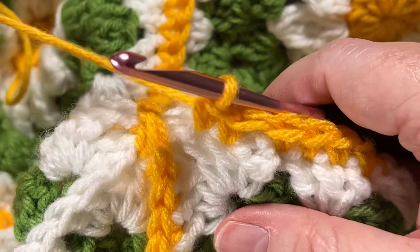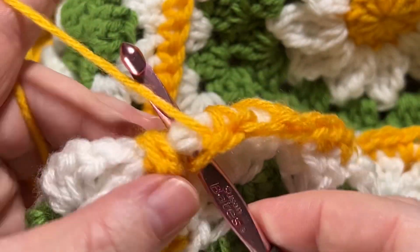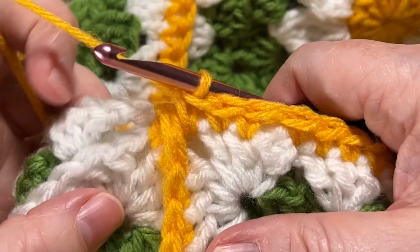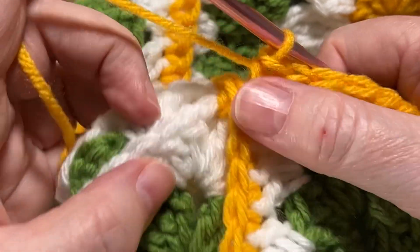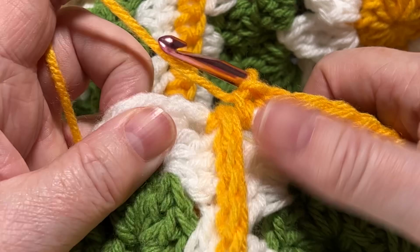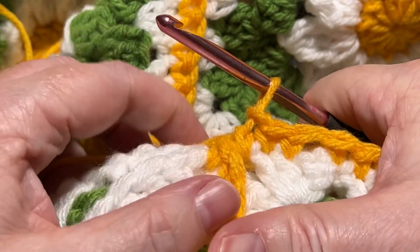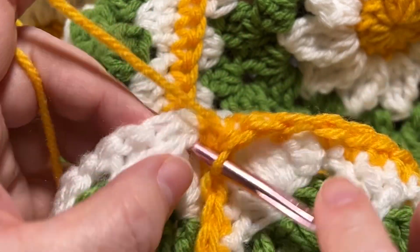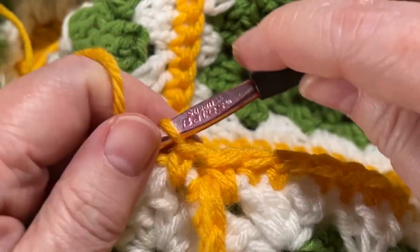And now you should be at your gap for your corner. All right, insert into the gap, yarn over, pull up a loop, and pull through both loops. Now you've got your single crochet in your corner space here. And here is your row of single crochets that you did to join the rows, okay? And right on the other side, you can see the chain space, all right? So insert into the chain space, yarn over, pull up a loop, and complete your